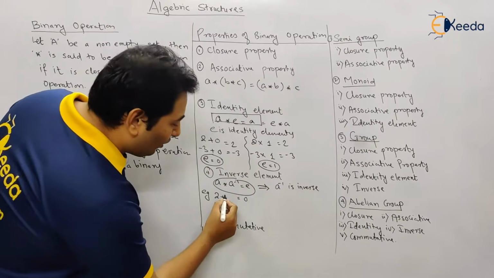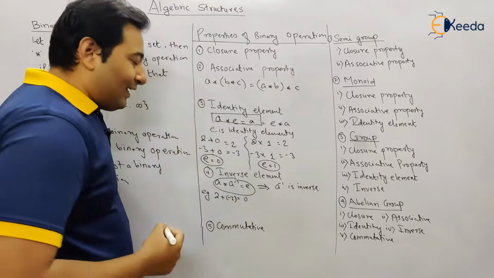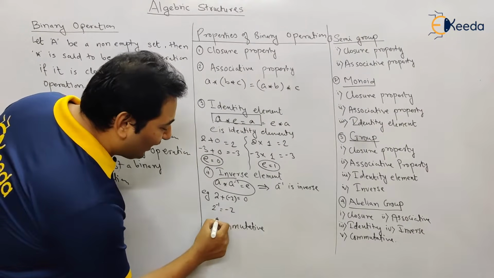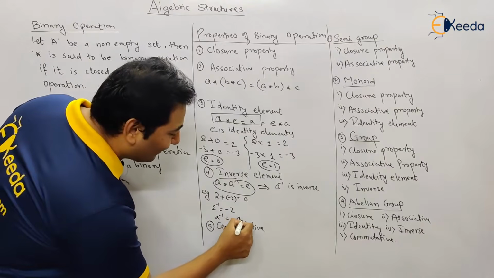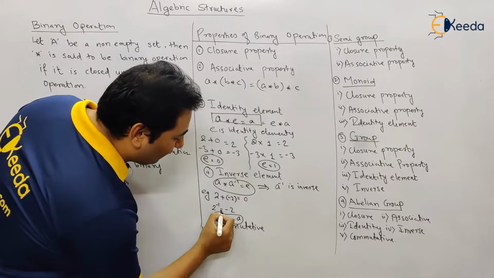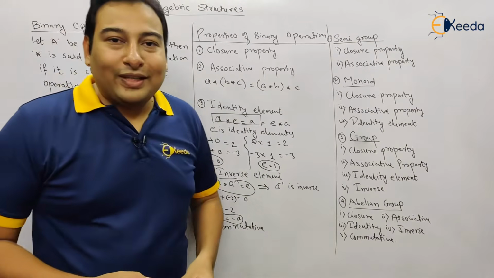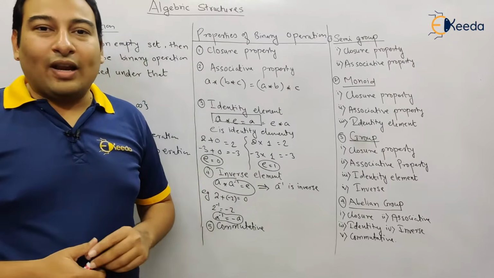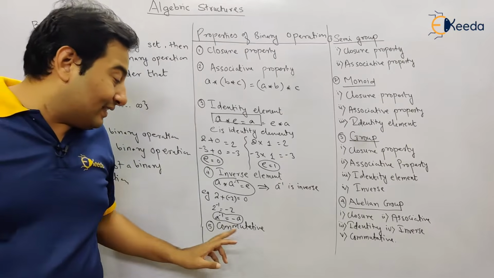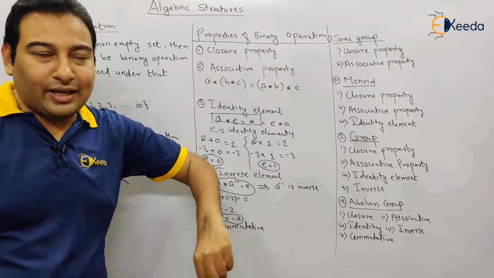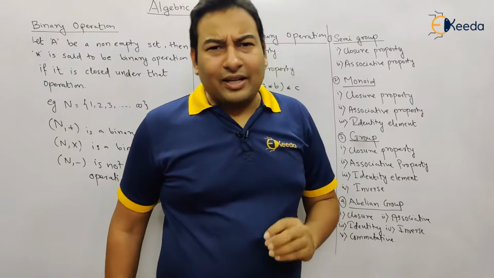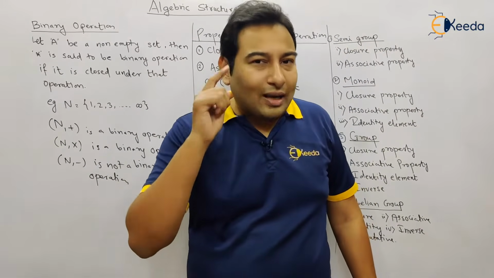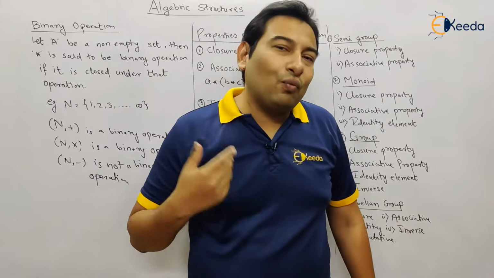So what to write here? To get 0, I should write minus 2. That means 2 inverse is minus 2. That means A inverse is minus A. Is this clear? Generally what we say, A inverse is 1 upon A. But this is not the case. Here A inverse is minus A. So it's not a general mathematics. So whenever I ask you what is the identity element, what is the inverse, the first question that should come in your mind is: with respect to which operation?